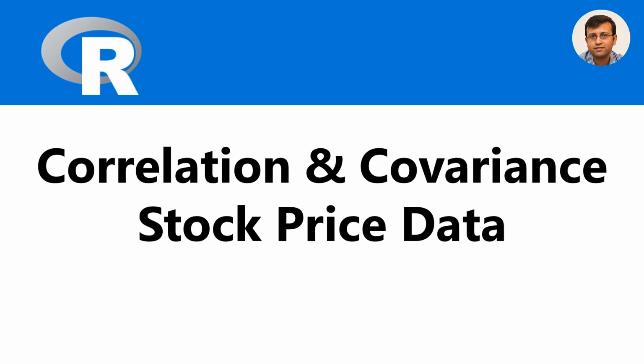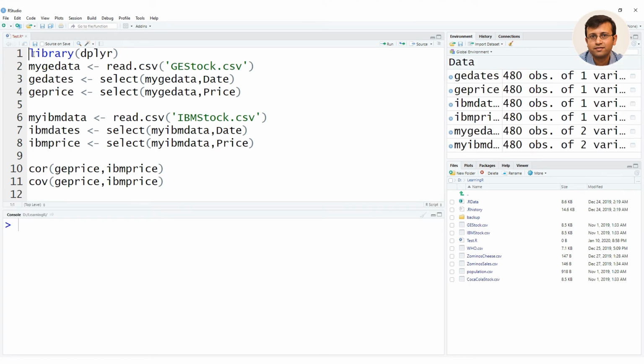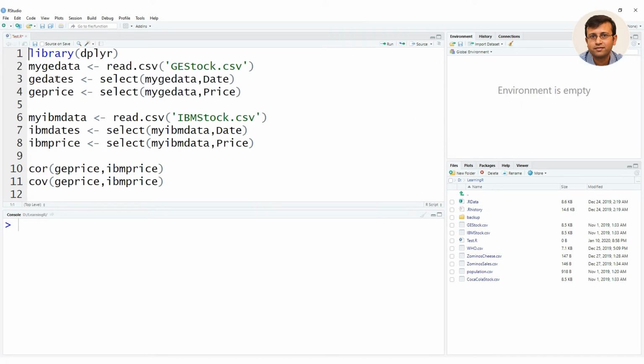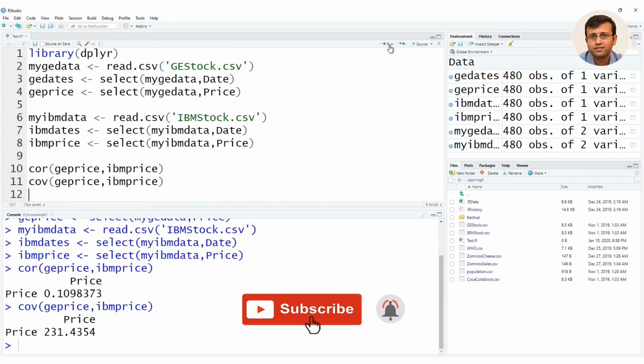In this video, we will look at the correlation coefficients and covariance using different stock prices. We will first compare the correlation and covariance between GE and IBM stock prices. Here we have the same statements which we have seen in the previous video. Let us execute these statements. You can find that we have the correlation value of GE and IBM stock as 0.1098 and covariance between the same stocks as